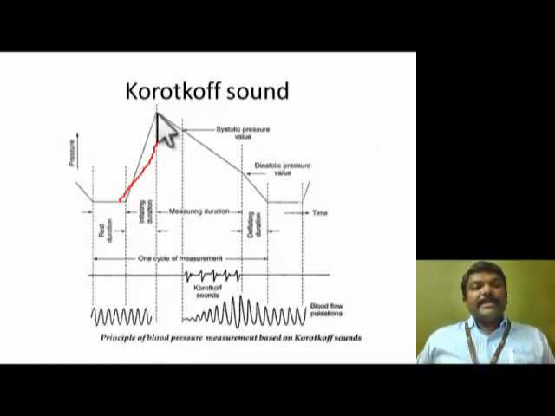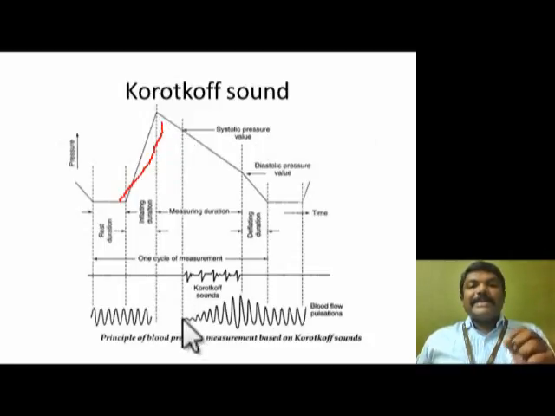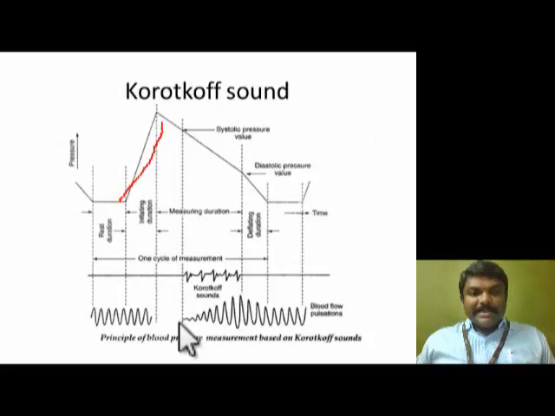Now after reaching the maximum cuff pressure, the cuff is deflated. So in the negative half cycle, when the cuff pressure is coming down, this is the systolic point. When it reaches the systolic pressure, the artery snaps open. So there is a slight opening. See that the blood flow is a turbulent flow now. At the same instant, when the artery opens, the correct cough sound starts. This is the correct cough sound. The oscillations are maximum at